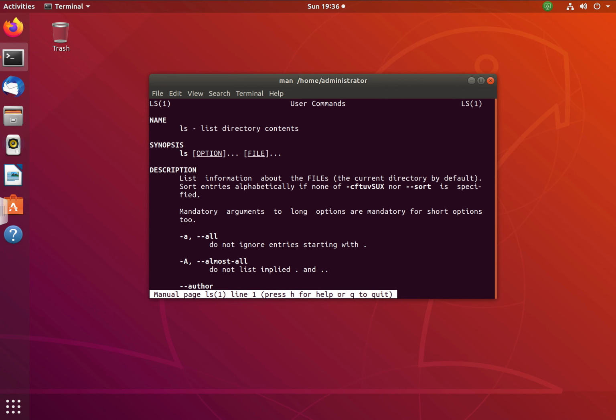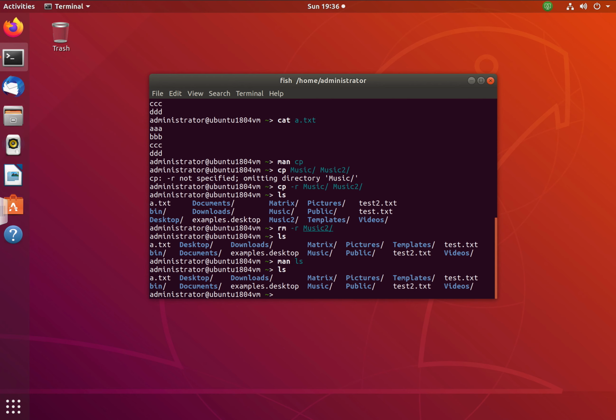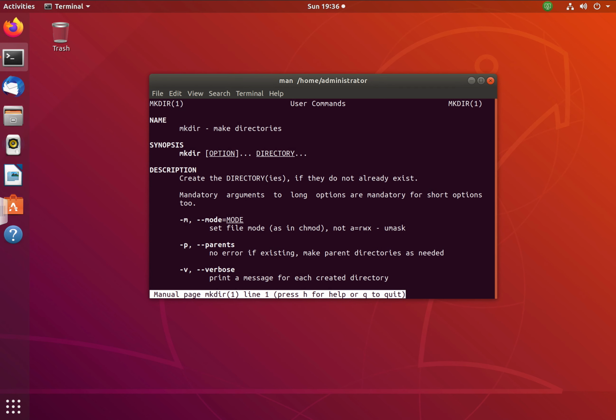So ls is used to list the directory content. So for example, ls, it lists all the files and all the folders under the current directory. So this is the list, ls command. And the next is create a new directory. So let's take a look. So this command is